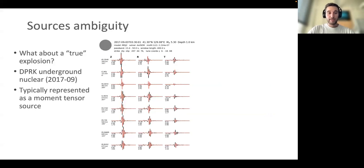Another troubling thing is if we take the case of a true explosion, of a known explosion. So here we have some regional surface wave data for North Korean nuclear tests. It's an underground nuclear test that occurred in September of 2017. It was also followed by a collapse. But in general, when you look at explosion seismology, all the nuclear tests are characterized with explosive moment tensor, because